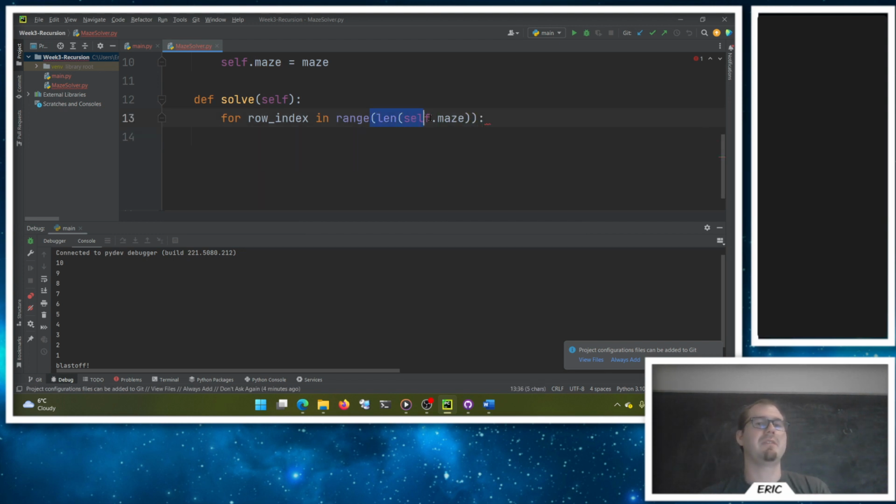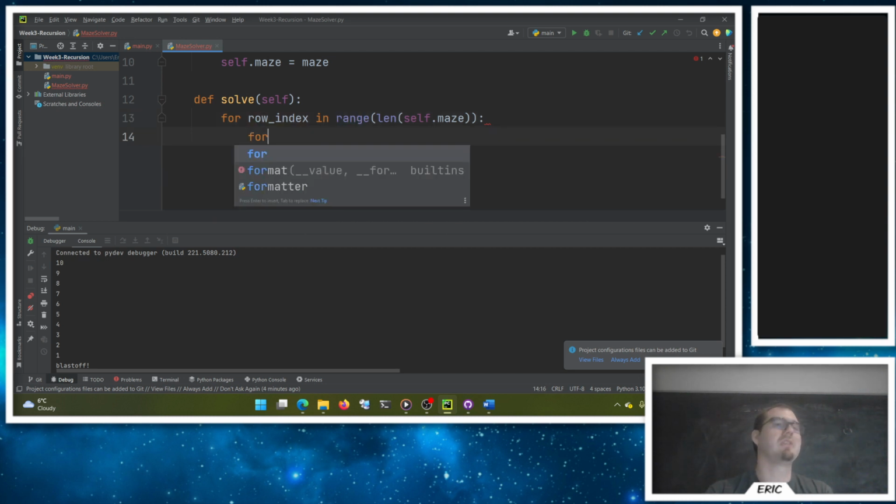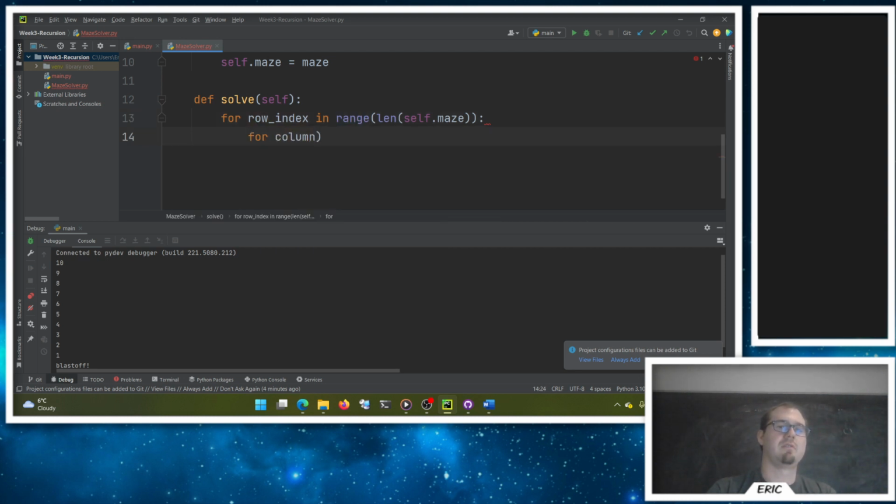Right? So the length of the maze is how many rows it has, because it's a 2-dimensional list. I'm going to range through that, so I'll get 0 up to the number. So this is my row index. And then for every row, I need to look at every column. So for column index,